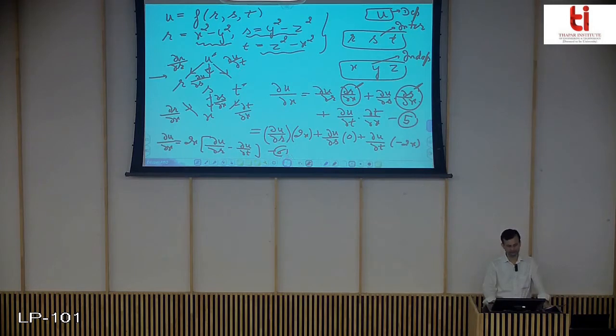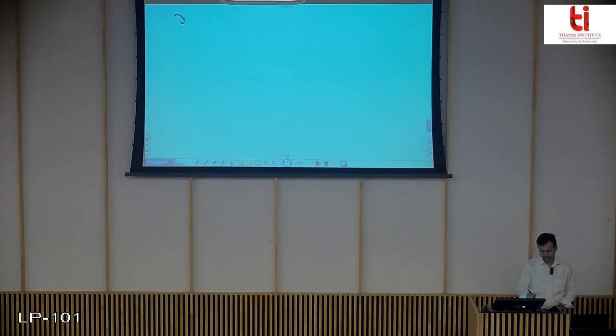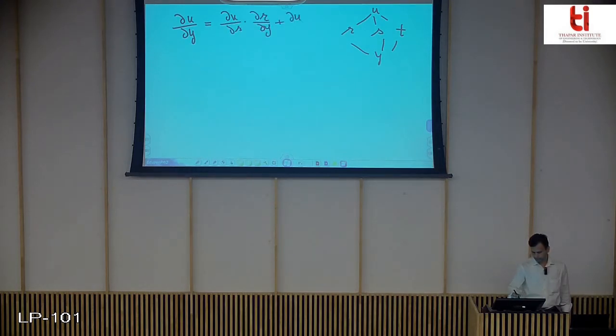Now you have found the derivative of u with respect to x. Similarly, we will do it for the derivative of u with respect to y and z. Let me move forward and find the derivative of u with respect to y. Using the chain diagram, I have r, s and t, and here it is y. Now I am writing the formula directly: del u by del r into del r by del y, plus del u by del s into del s by del y, plus del u by del t into del t by del y.